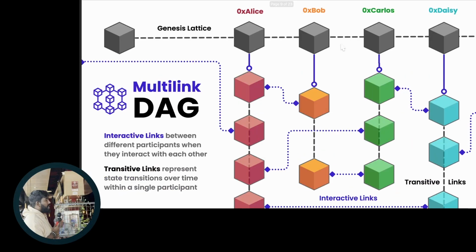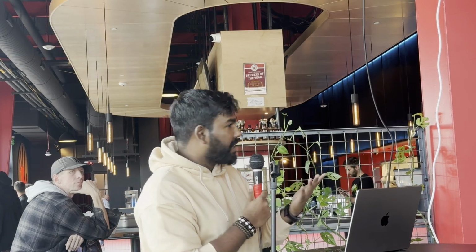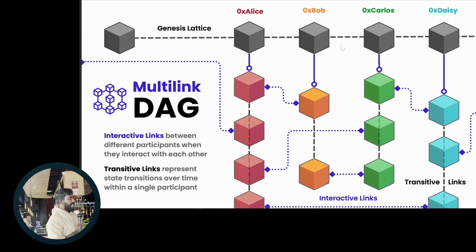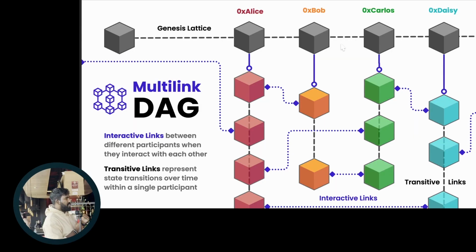So this is what the multi-link DAG looks like, right? I'll break it down for you little by little, but in a nutshell, every participant on the MOI protocol has their own chain state, right? There is a genesis chain off of which every account forks, and this is the spine of the network, right? This is the one contract. Every time a new person is born, it goes through the genesis contract. But every time a new participant is created, from henceforth, no one needs the genesis contract.